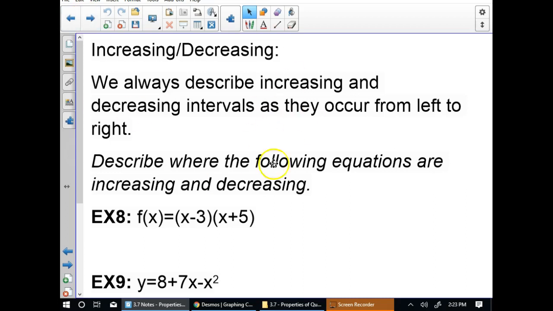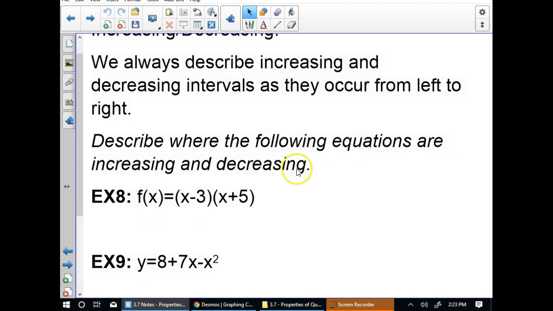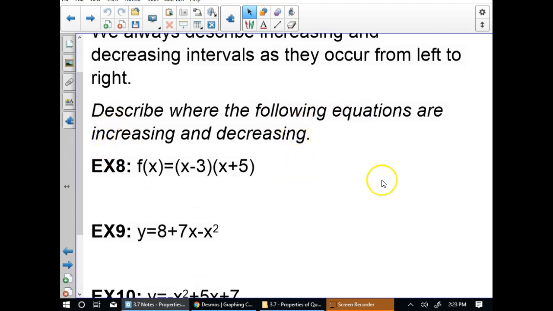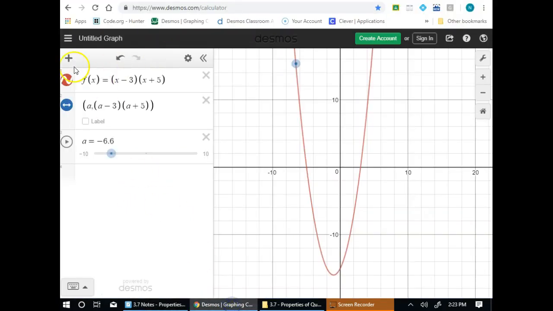So here we are asked to describe where the equations are increasing and decreasing. And it will be helpful for us to look at a graph of this. So we're going to graph this. Here we could sketch a graph by hand. We could put it on the calculator. I'm going to use Desmos because I think it gives the prettiest graph. So I already have over here where I've graphed this equation. This is f of x equals x minus 3 times x plus 2. I also added this right here that gives me a point on the graph, just so I can illustrate something